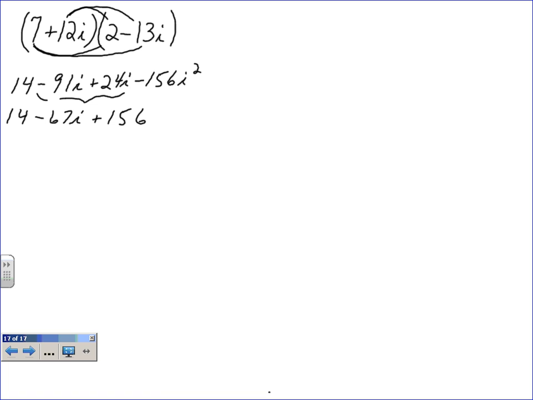Okay. And 14 plus 156 is 170 minus 67i. Yes. Why did we go from negative to positive? What is i squared? Negative 1. So I have negative 156 times negative 1 makes that a positive 156. Okay? Now, let's see what happens when I take